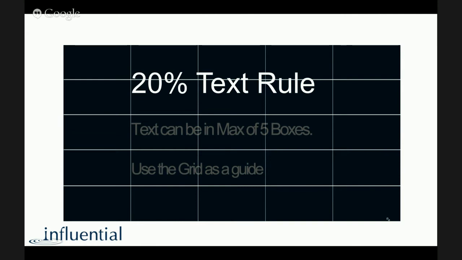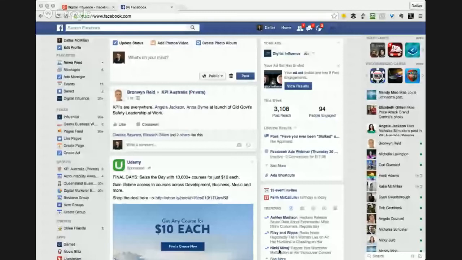Okay, that should be viewable. So I'll just share that screen with you now. Okay, so here's my Facebook screen.